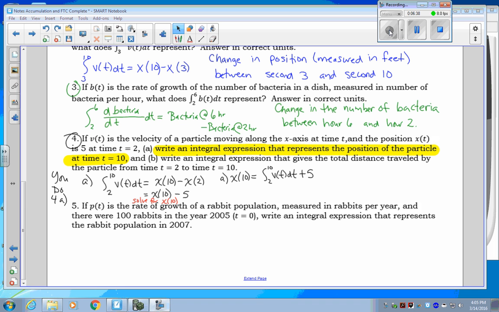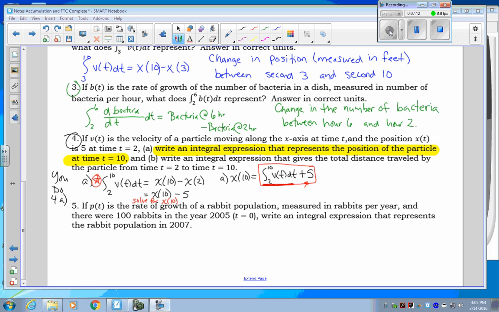Here is my solution to part A. My final answer to part A is this: the definite integral from 2 to 5 of v of t plus 5. You are welcome to jump to that, because what that means is this is the change in position from time 2 to time 10, and we already knew that the object was located at position 5 at time 2. And if that doesn't make sense to you, then jump over here to the work where I'm saying,